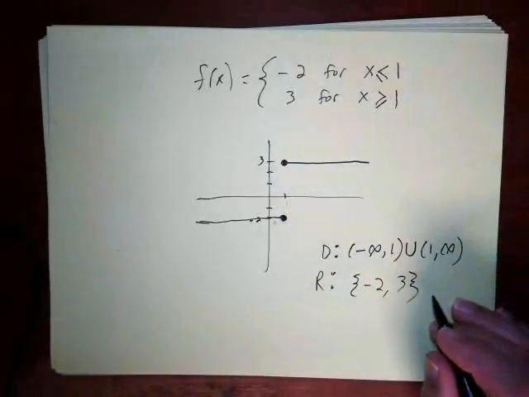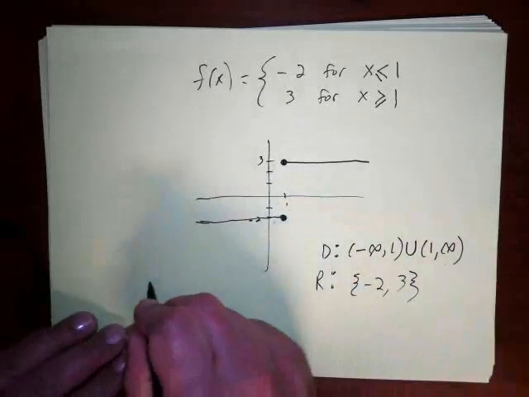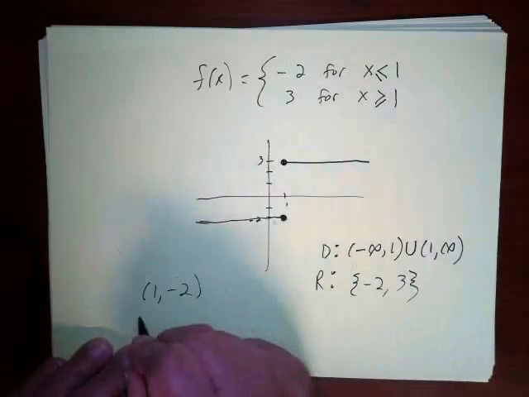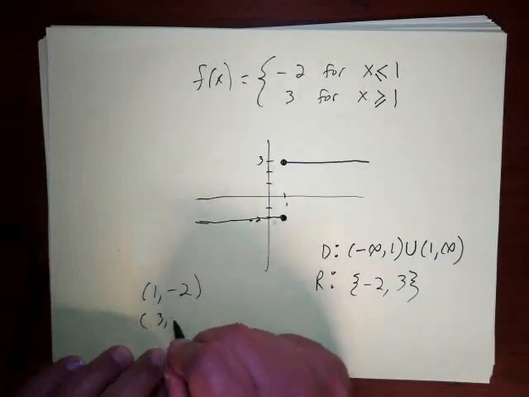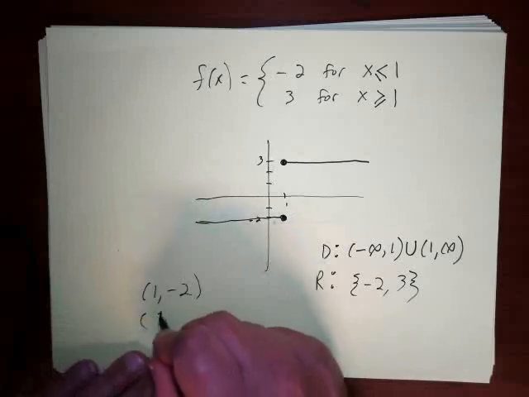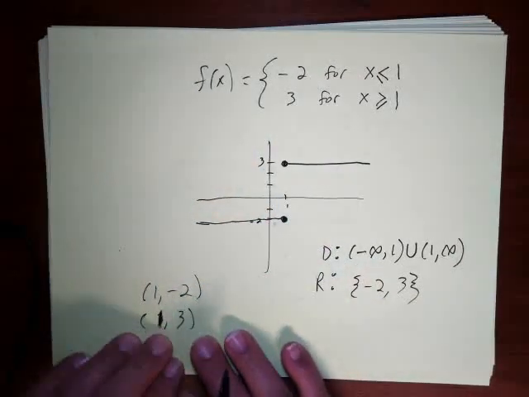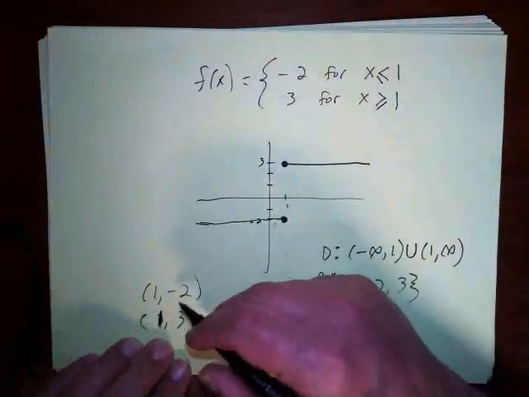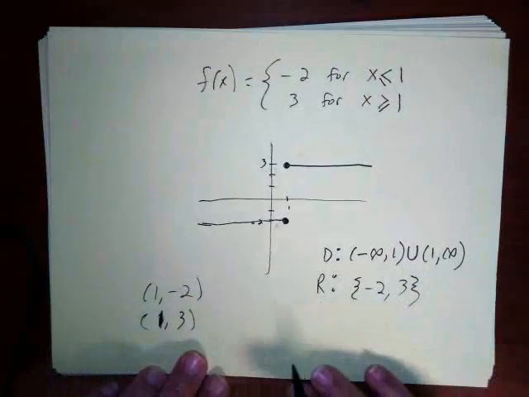If both of those are filled in, this would no longer be a function, because you would have an ordered pair that says (1, -2) right down here. You would have another ordered pair that says (1, 3). There'd be an infinite number of ordered pairs in our function, but both of these ordered pairs would be in there, and this would be two ordered pairs with the same first element and a different second element,